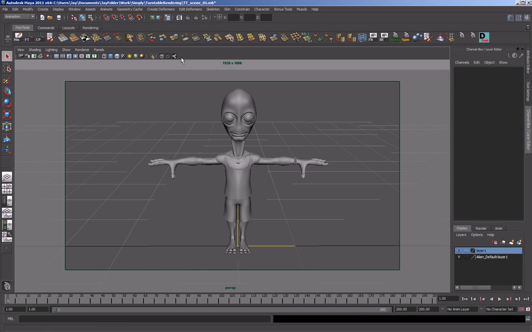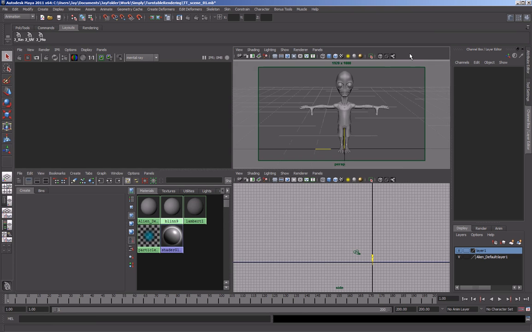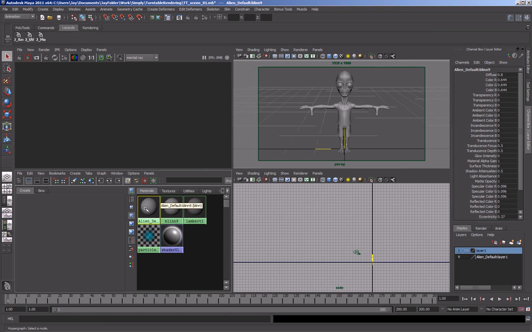Okay, so what we want to do now is I'm just going to jump over to my render layout, which I've already got set up, and there we go. So I'm just going to hit 5, so we go into shaded. I'm just going to jump into the Hypershade here. We've got these shaders. These are the Maya standard ones just here that come with every default scene. And we've got this one here that's come on from the alien character itself, and the Blinn, which is obviously